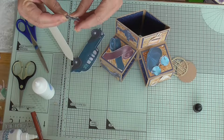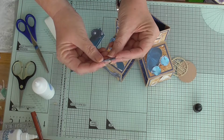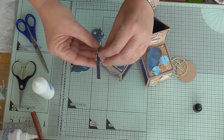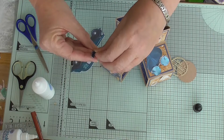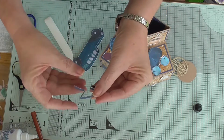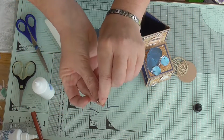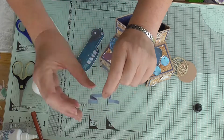So there we go. I've folded it so that there's a bit at the front, and then if you fold these two back again like that, I hope you saw that all right. So you've got that sort of shape. Okay, and what we're going to do,